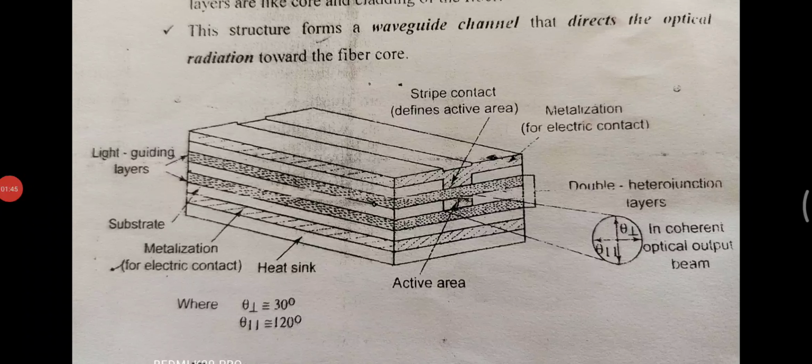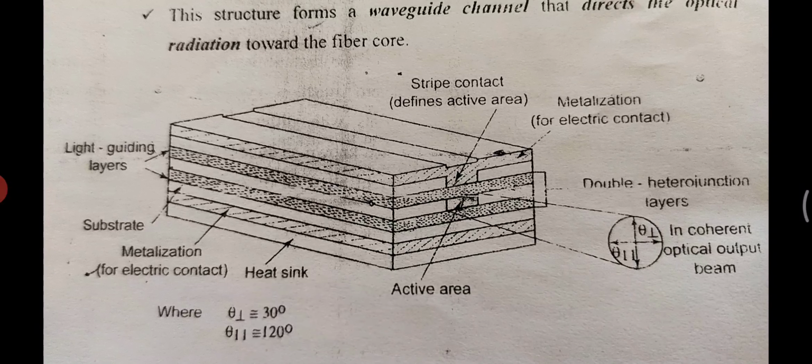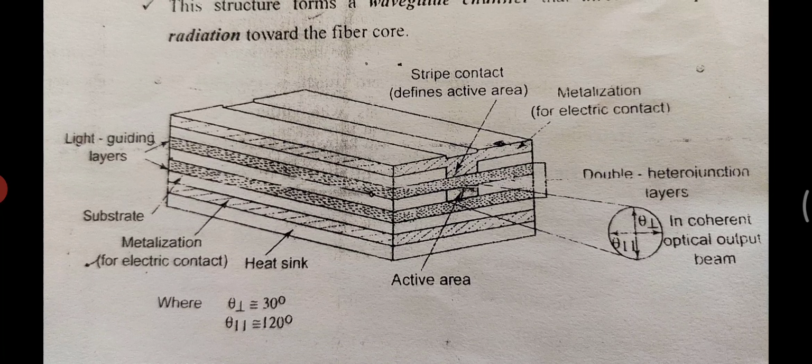Here is a figure of an edge emitting LED. This edge emitting LED emits a more directional light pattern than the surface emitting LED. That is, in order to reduce the losses caused by absorption in the active layer and to make the beam more directional, the light is collected from the edge of the LED. Such a device is known as the edge emitting LED or ELED.